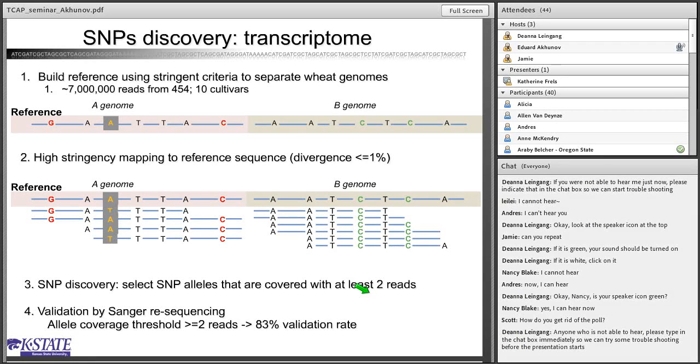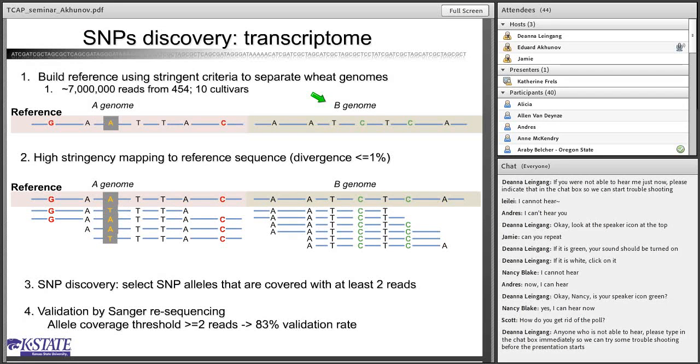And I would like now to describe briefly how SNP discovery was performed in the transcriptome sequence data. As I mentioned before, wheat is a polyploid, and during SNP discovery, we need to take care of the existence of mutations that differentiate one genome from another genome. And for doing that, we